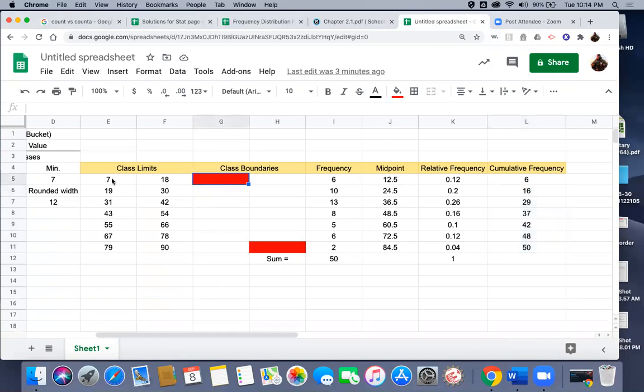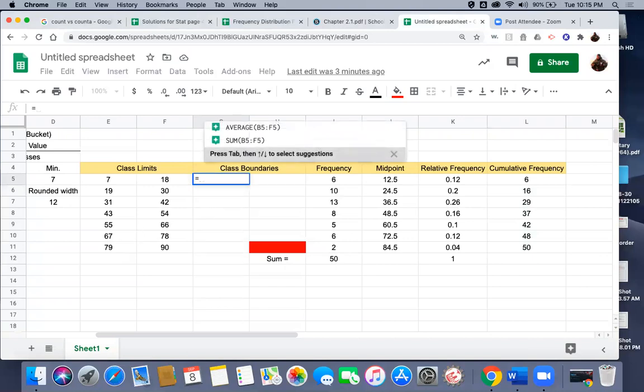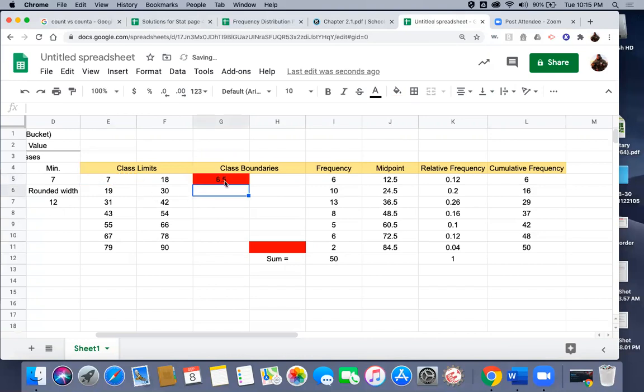So the easy thing to do here is all of these numbers here, 7, 19, 31, all the way down to 79, those are going to get 0.5 smaller. So we're going to type equals, we're going to click on that 7, and we're going to do minus 0.5 because we're going to stretch that column in our bar graph when we create it out to the left, and then hit enter. And just drag and drop, and it'll repeat that calculation. One thing I didn't want to do is I did not want to format all of those